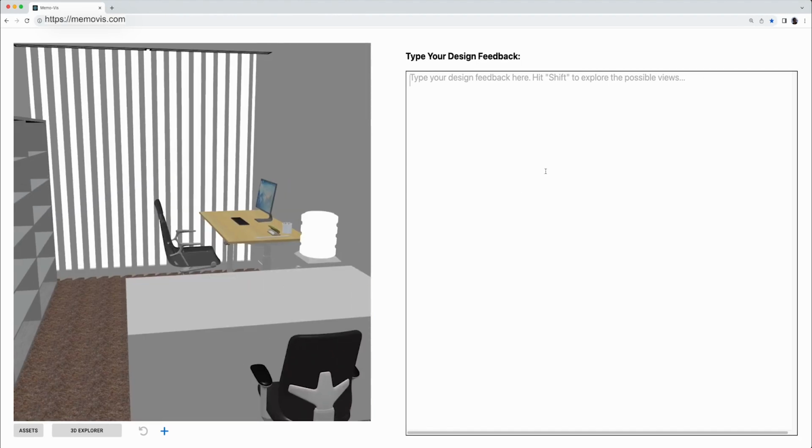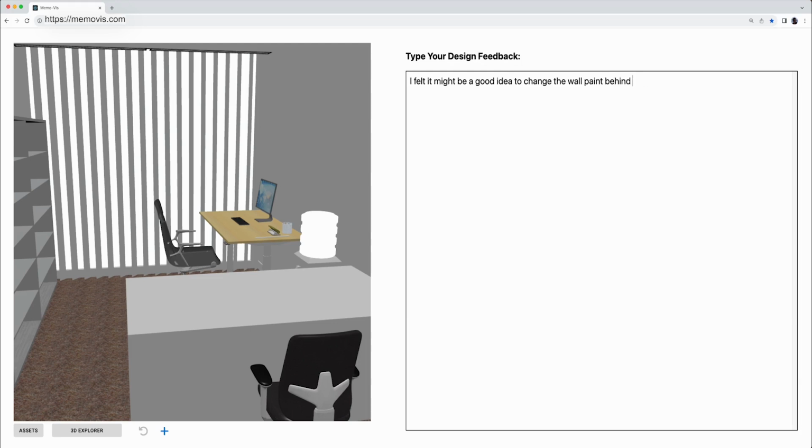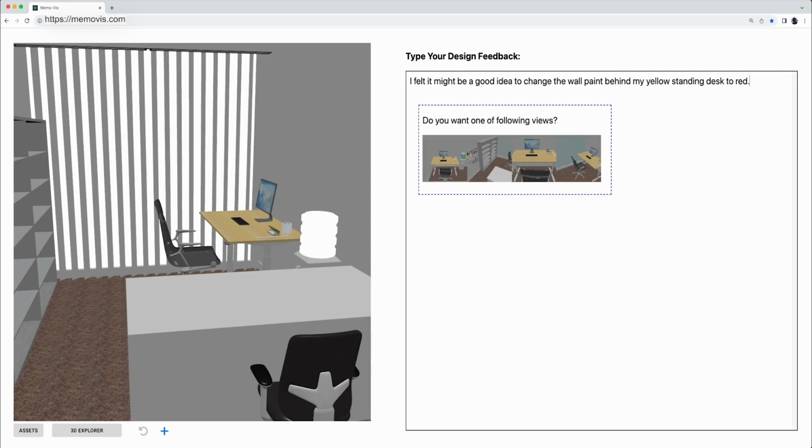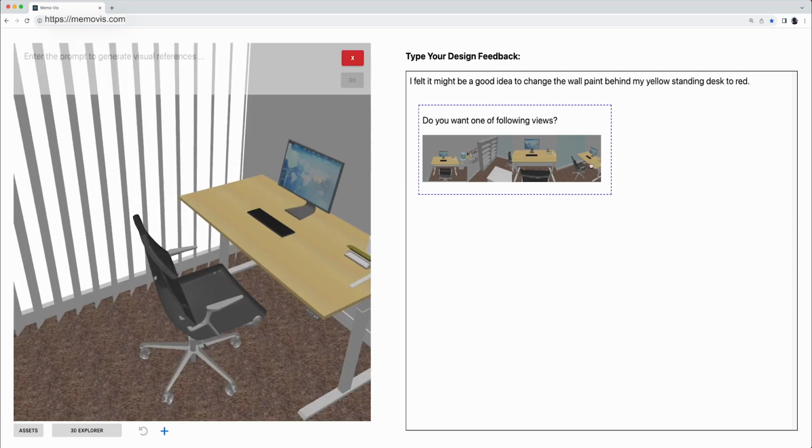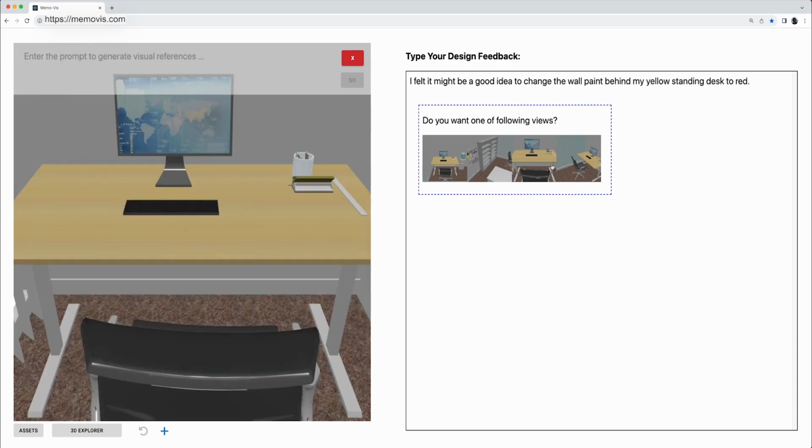After exploring, she may want to change the wall paint to a brighter color, such as red, to improve her working productivity. She then types her feedback in our text editor interface, such as, "I feel it might be a good idea to change the wall paint behind my yellow standing desk to red." Based on her feedback, MemoVis suggests candidate viewpoints to contextualize her comment. Emma selects one of the suggested viewpoints